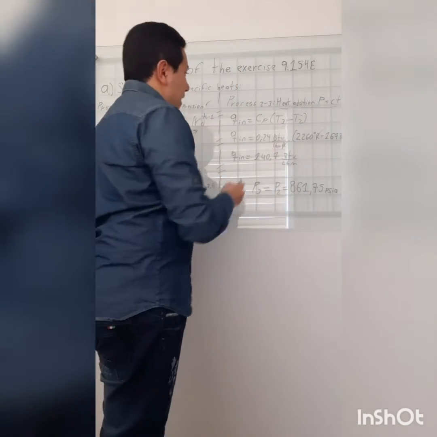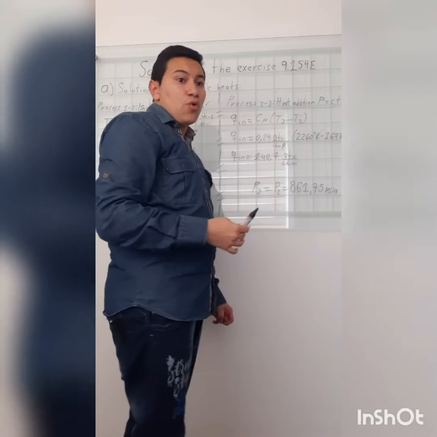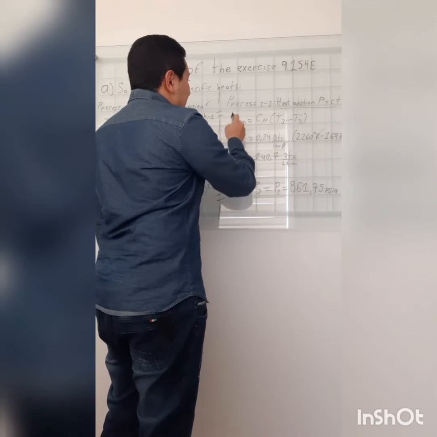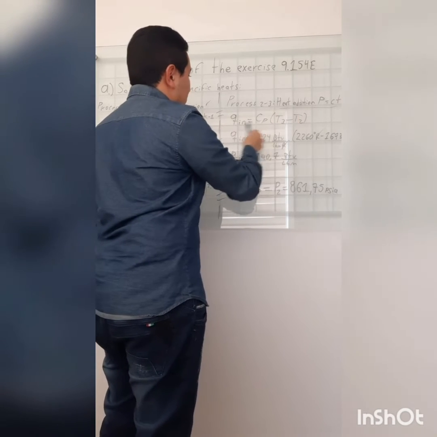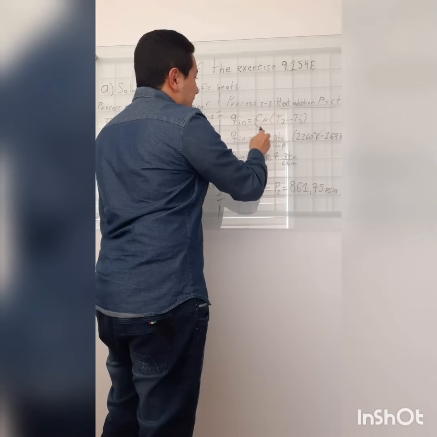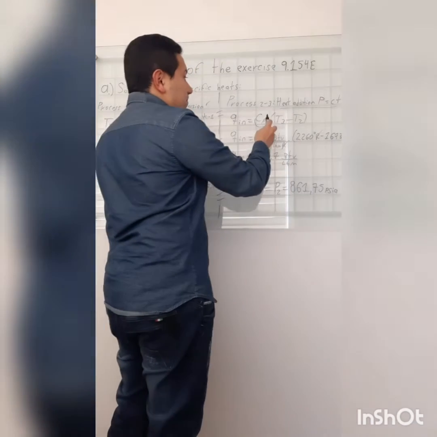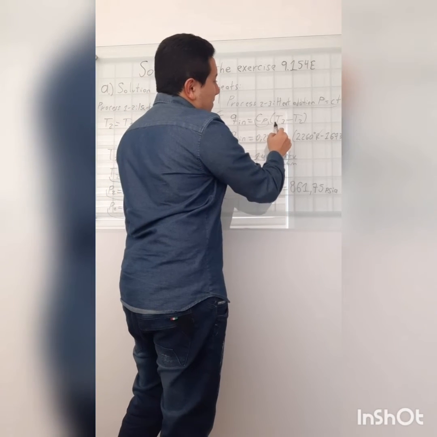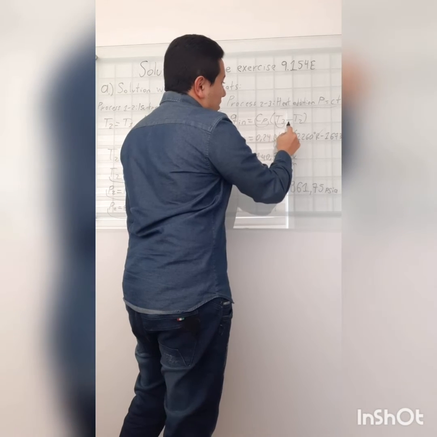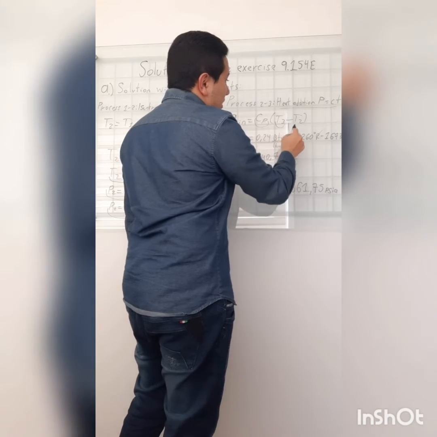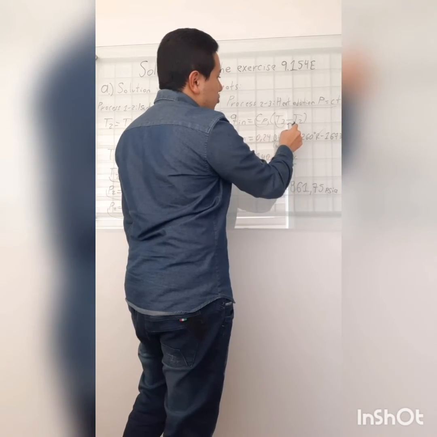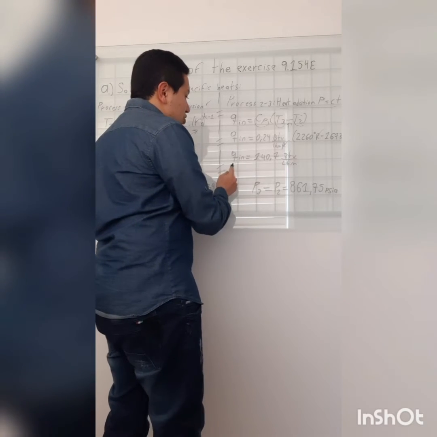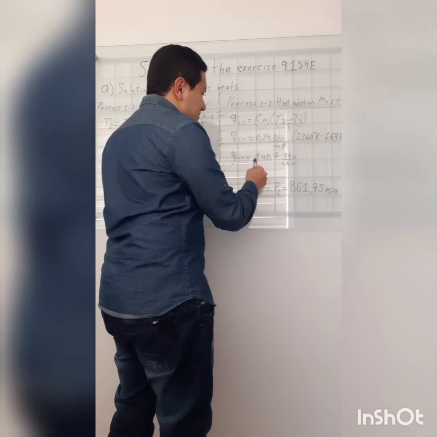In this process, in the diagram, you can check this. The heat addition is the relation Cp times the factor of temperature 3 minus temperature 2, and replace the values, and the heat addition is this